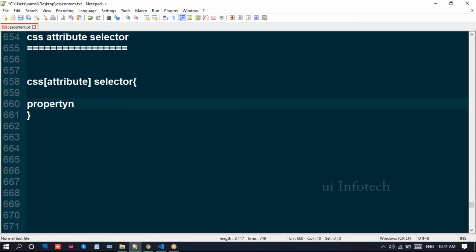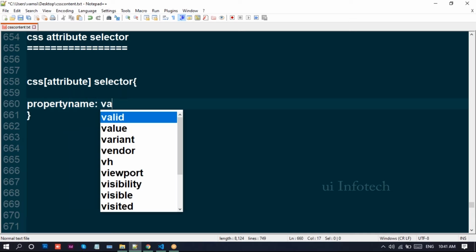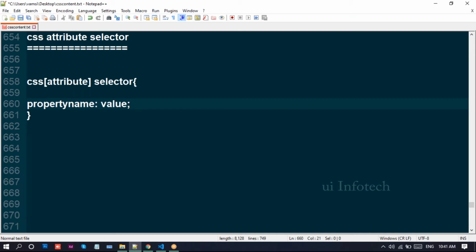And we need to add the property name and value. So this is the syntax for writing an attribute selector.